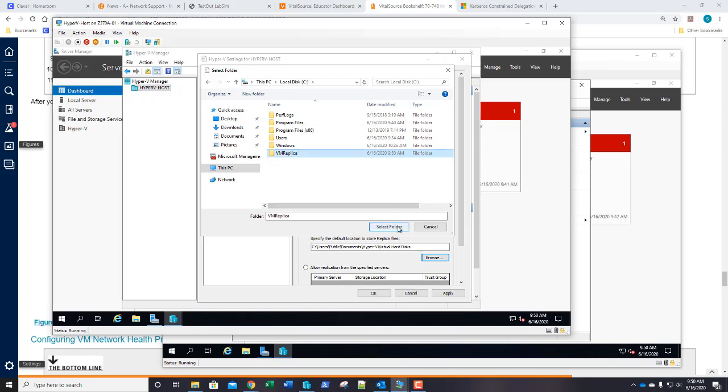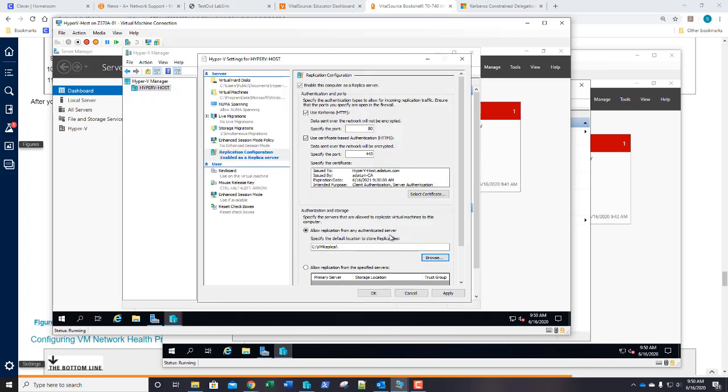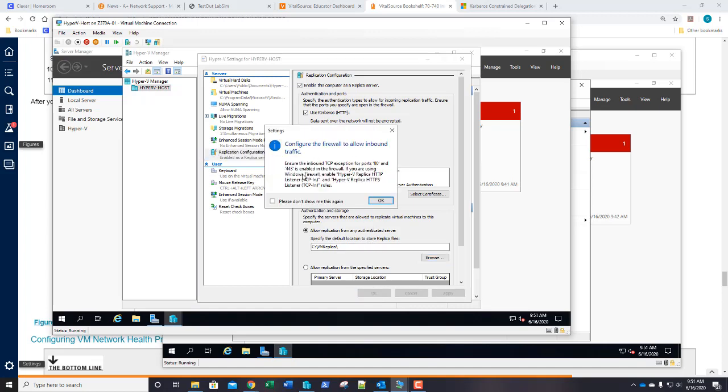And we're going to select that folder. So that'll be the default location to store those replica files. We're going to select OK, and this will accept our settings. Now, you see this? We need to configure our firewall, because what we're going to do is